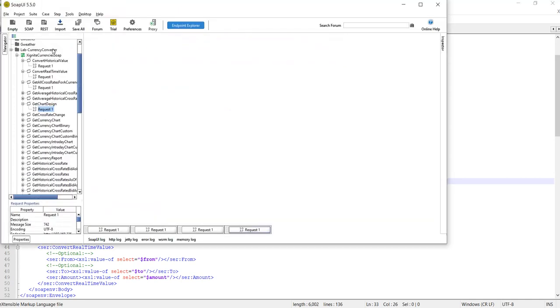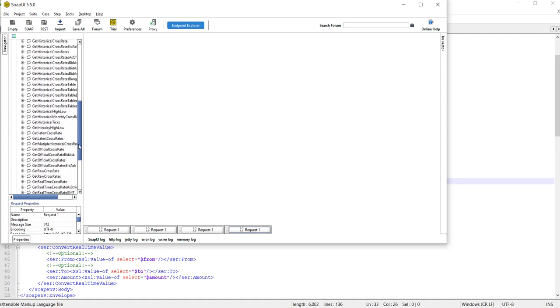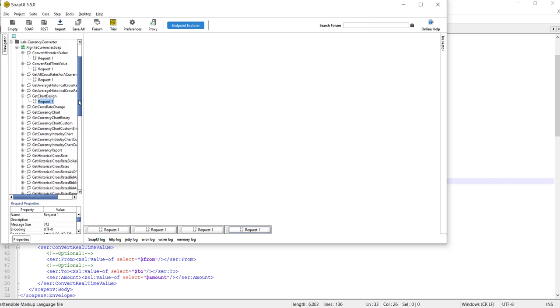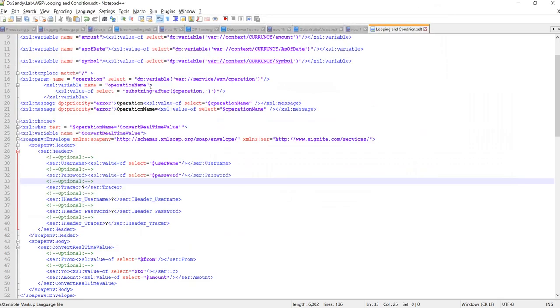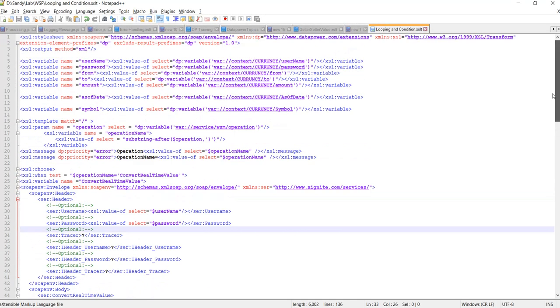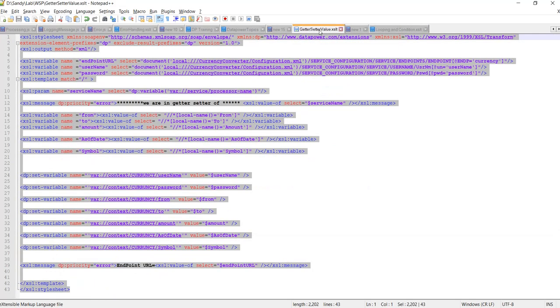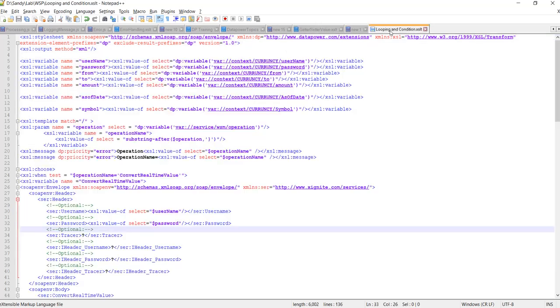these web service blocks have multiple operations, but here I am taking an example of only 3 operations. First, whatever value we set in the getter setter file, in the context variable, we'll call all the context variables here: as of date, symbol, amount. After that we are traversing a message from the root.